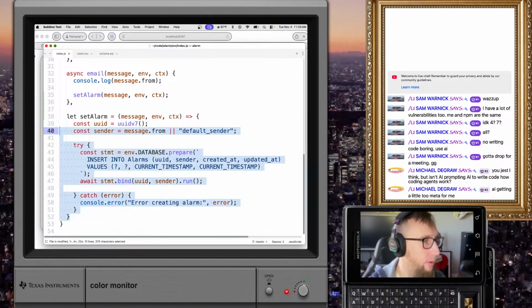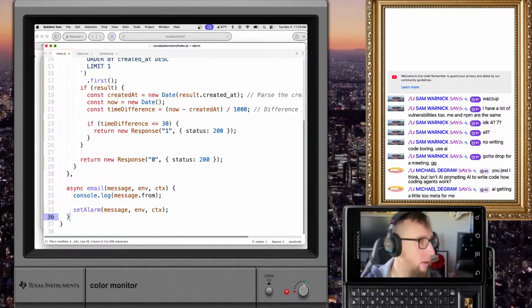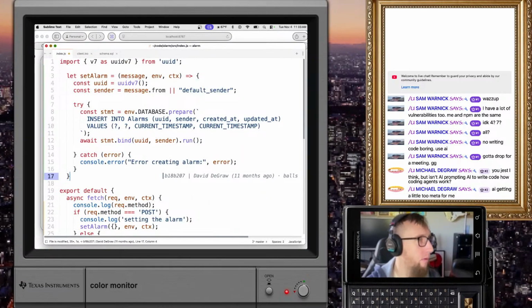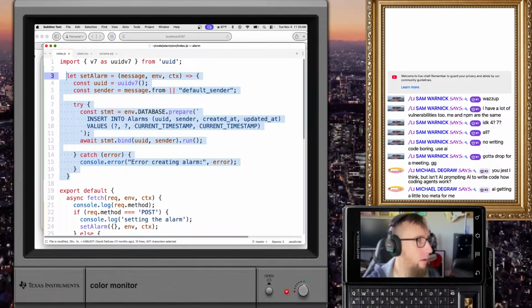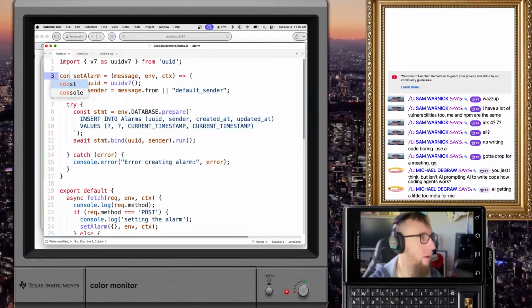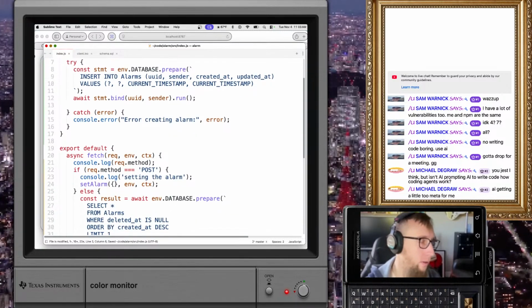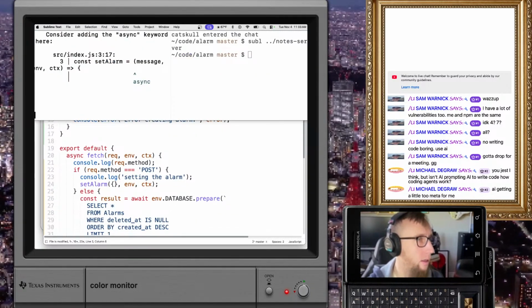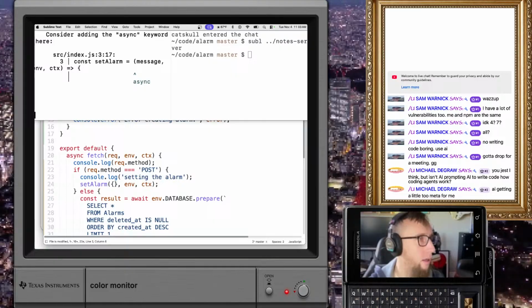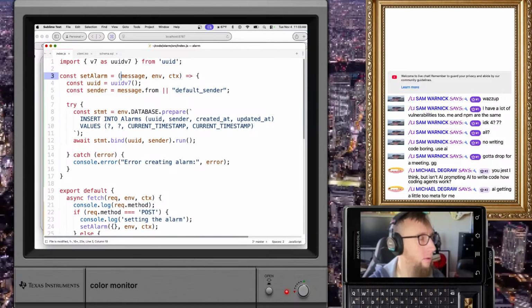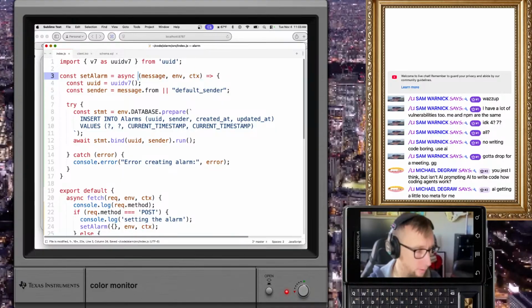No, that can't be right. I put it up here maybe. How about that? Consider putting the async keyword. Okay, you got it, linter.